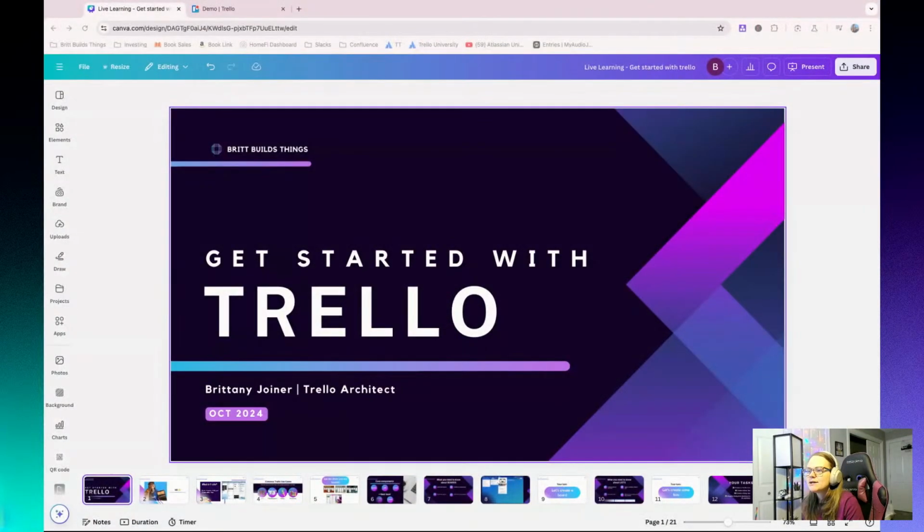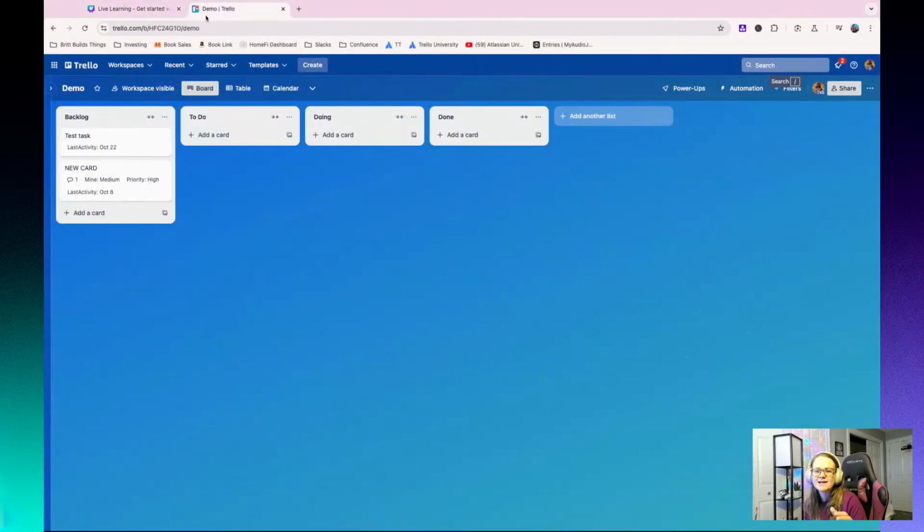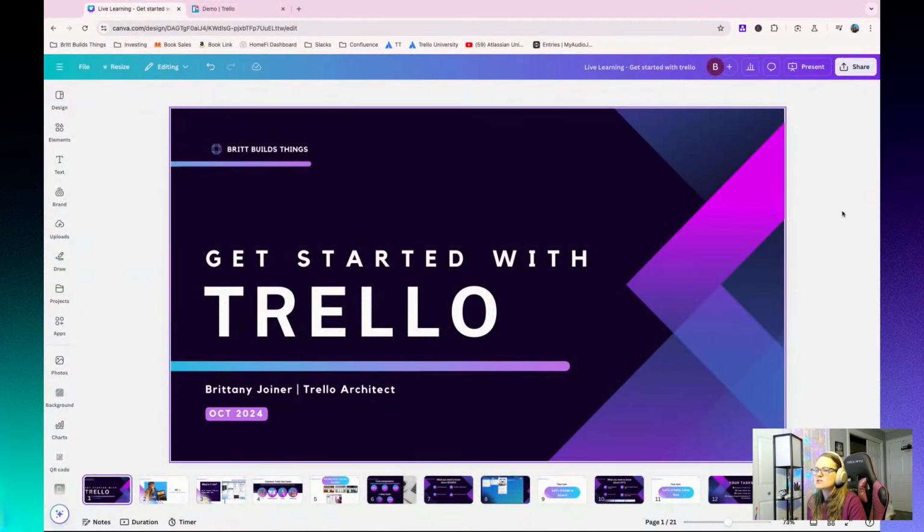But today we are not just talking about Jira. Actually, we're not really planning to talk too much about Jira at all. We are talking about Trello. So I am going to, again, kind of walk you through some slides, but I've also got a lovely demo board up here where we're going to get our hands on. We're going to actually work through and do some things. So if you're sitting here and you're like, wait a minute, I want to actually see some hands-on stuff, you will. We're not just going to be a bunch of boring slides, but I do find sometimes slides help with setting the energy here and making things clear and kind of setting the stage for everyone.